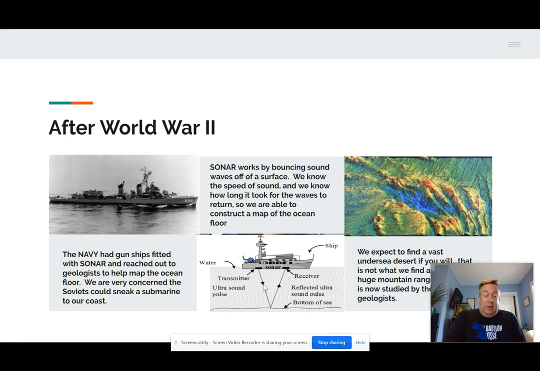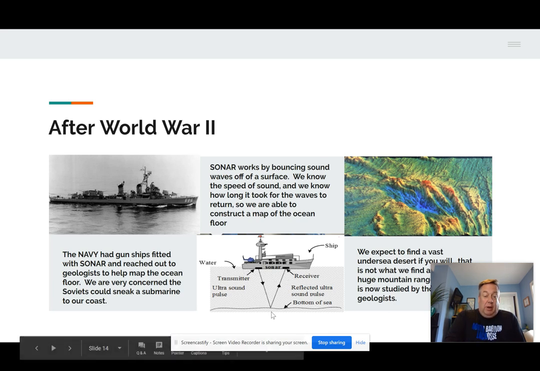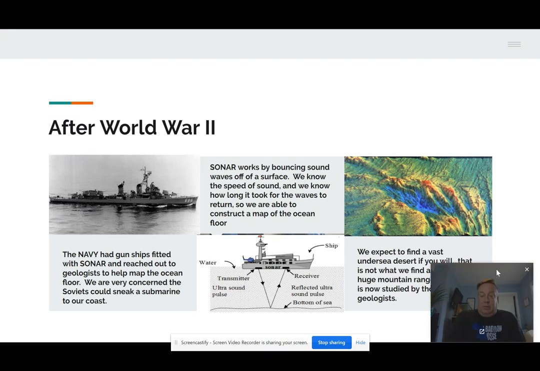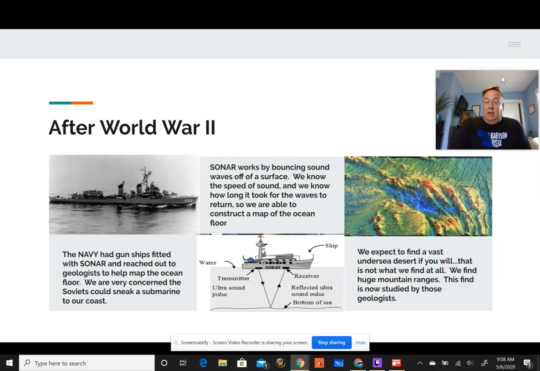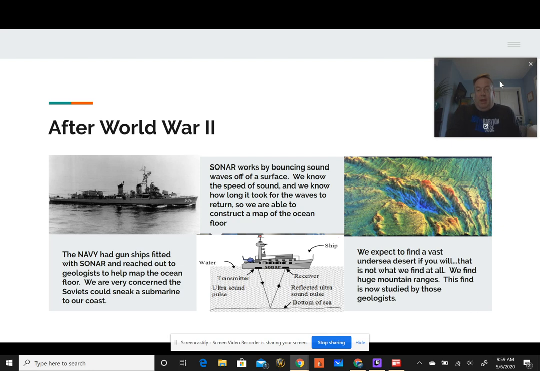Okay, so that's what we're doing: these ships are going around and we're bouncing sound all over the place. All right. If you were a whale, that probably was very annoying, but, you know, it is what it is. Okay, pardon me as I move myself out of the way.